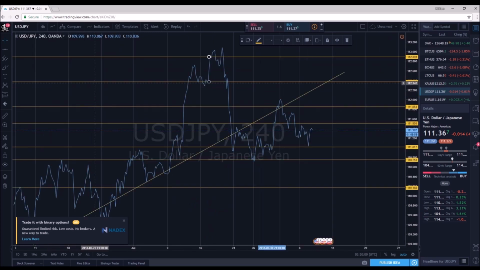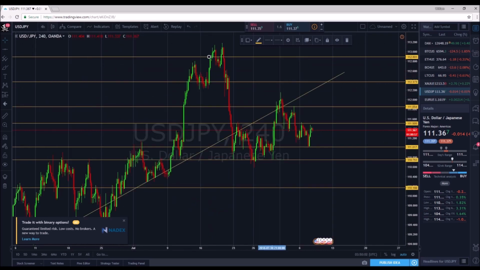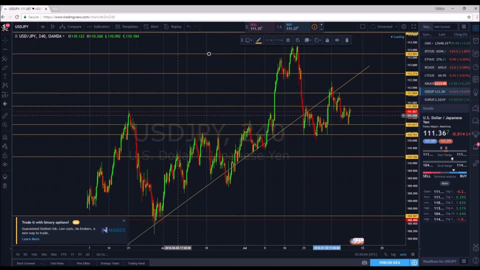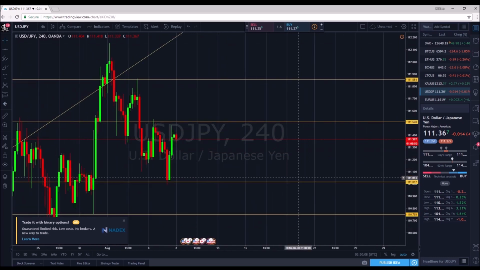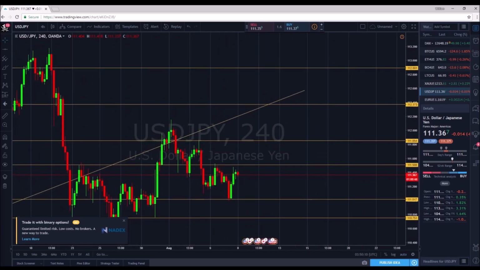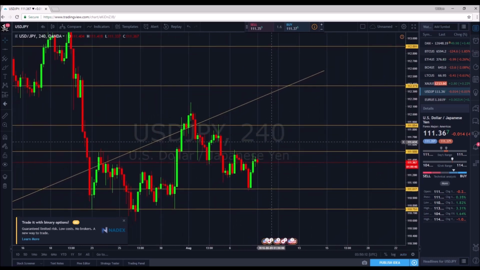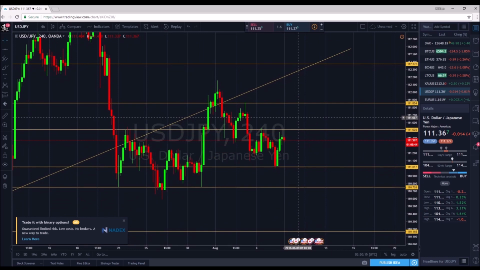And then I'm going to go down and look at the 4-hour chart and start just watching candles, seeing how things are forming, looking for wicks. This is my favorite time frame to trade on right here, the 4-hour. I like to trade wicks from the 4-hour time frame, but as you can see, USD Japan has been pretty